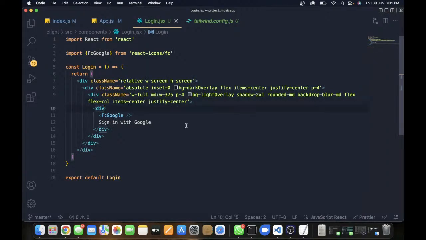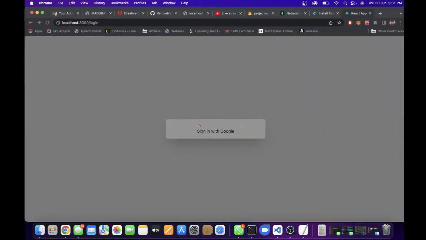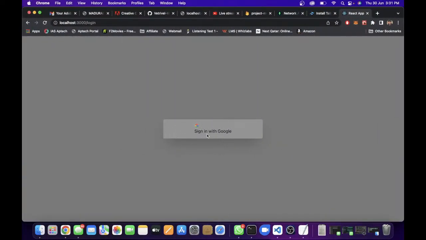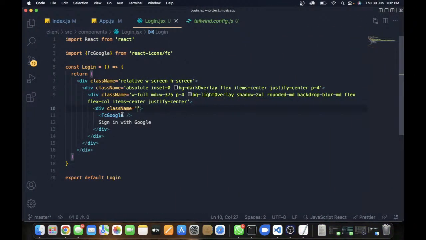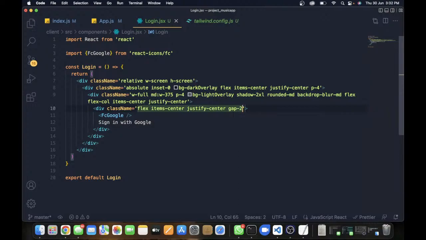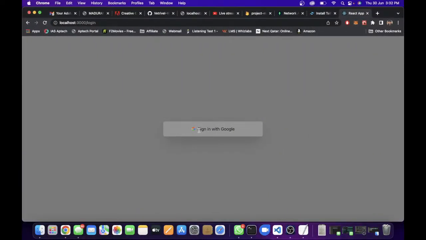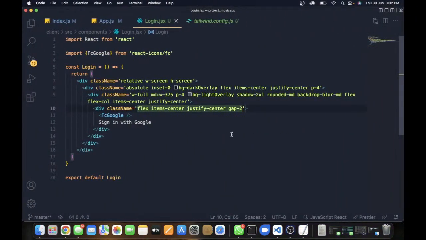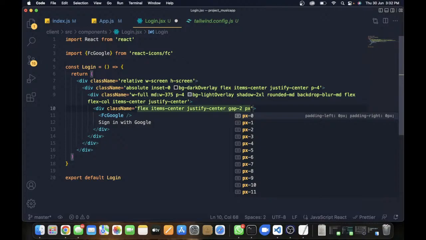Okay, then inside this division we are going to add a specific class name. So let's see how this looks so far, and you can see that this is how it looks so far, and this is the place where we are going to load that video. You can use your own video or whatever it is. Okay, so let's bring it inside. For this division, what we are going to do is add flex, items center, justify center, and gap 2. Gap will make sure that there is a distance between elements, so that you can see some space between them. Okay, then we should add the padding px and py, left and right 4,